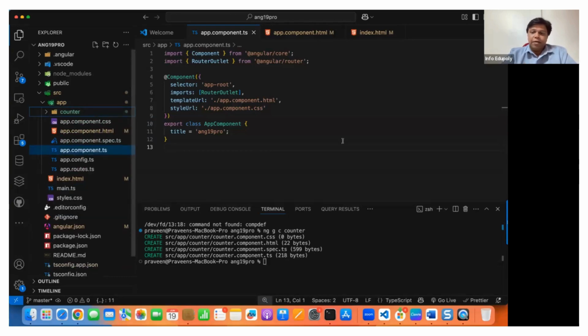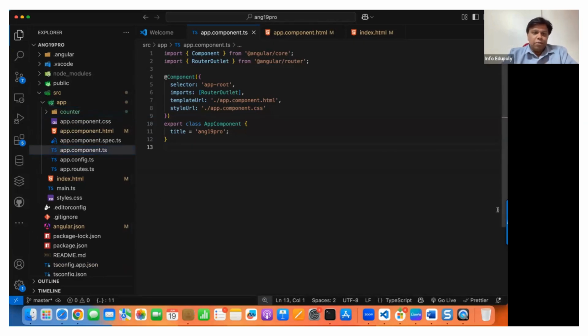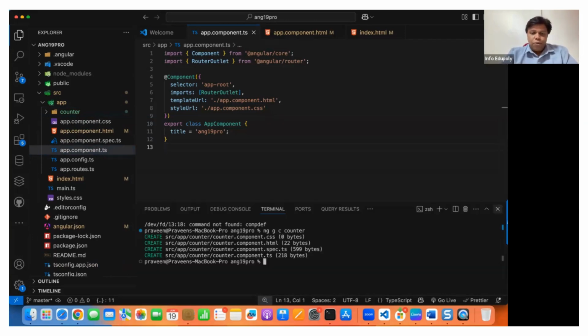It was created by itself. So from today onwards, whatever components you want to create, you need not worry about how to create them from scratch. You just use Angular CLI. Those people who are already aware of it must be using it so easily. Now I would like to show you one more thing. While you are creating the component,